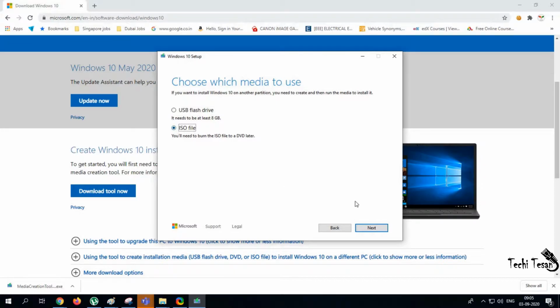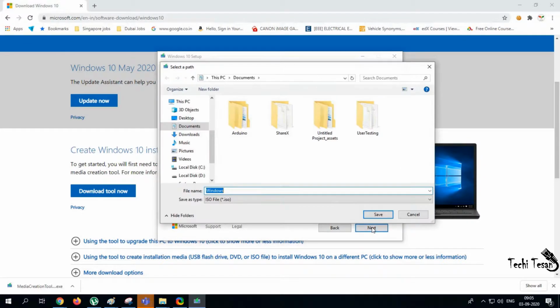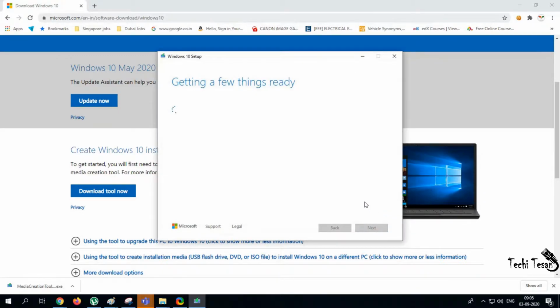Select ISO file. Click on Next and enter the path where the file needs to be saved. And click on Save option. Click on Finish. The ISO image file will start to be created.